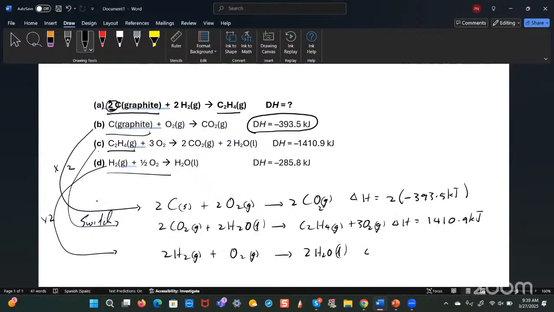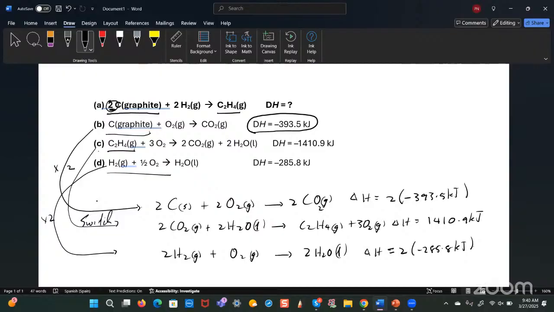And delta H for that would be what? What would delta H for that equation be? 285 times 2. Exactly, 2 times minus 285.8 kilojoules. All right,